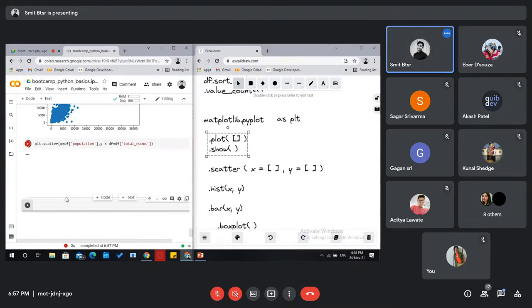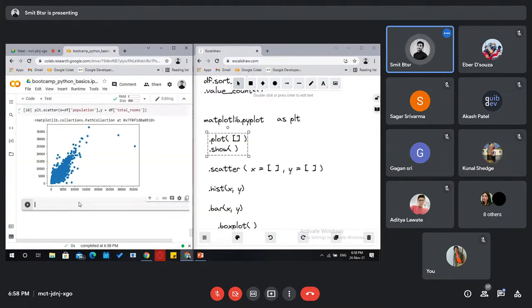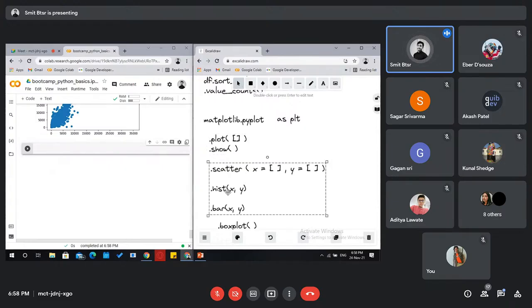Then we have the histogram graph, which means, let's see, you will get clear. I'm sorry, I might have made a mistake here. Now let's see this histogram graph. Here also we have to specify x and y. So plot hist, then x, because let's draw something else this time.